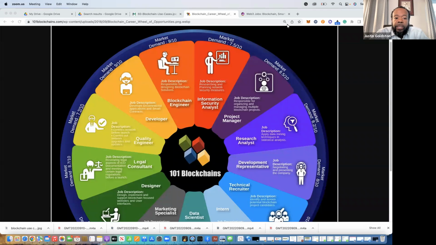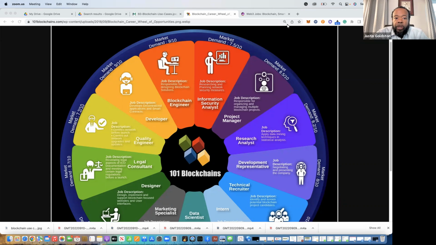And the big misconception is that you have to have technical expertise to enter into Web3. That is far from the truth, because there are also a number of non-technical roles that are needed within this Web3 movement. Now, from a technical perspective, there are the biggest and most popular